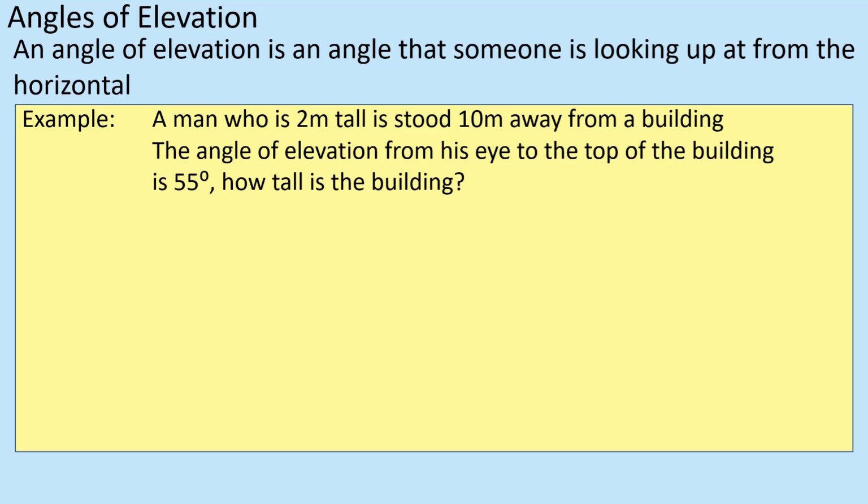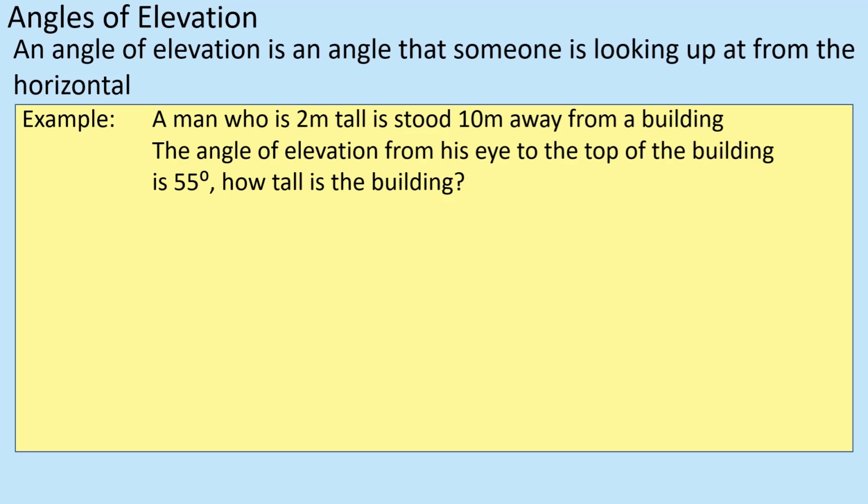A man who is 2 meters tall is stood 10 meters away from a building, and the angle of elevation from his eye to the top of the building is 55 degrees. How tall is the building? Well, try and picture what you've got. You've got a man who's stood 10 meters away from a building, and the angle of elevation there, so the angle from horizontal looking up, is 55 degrees